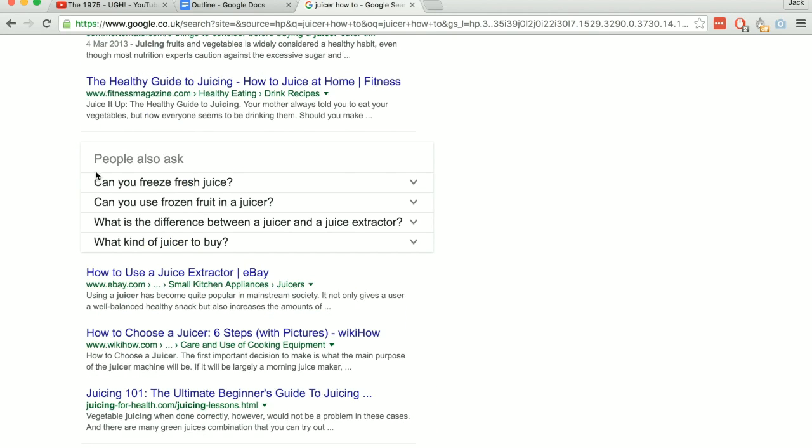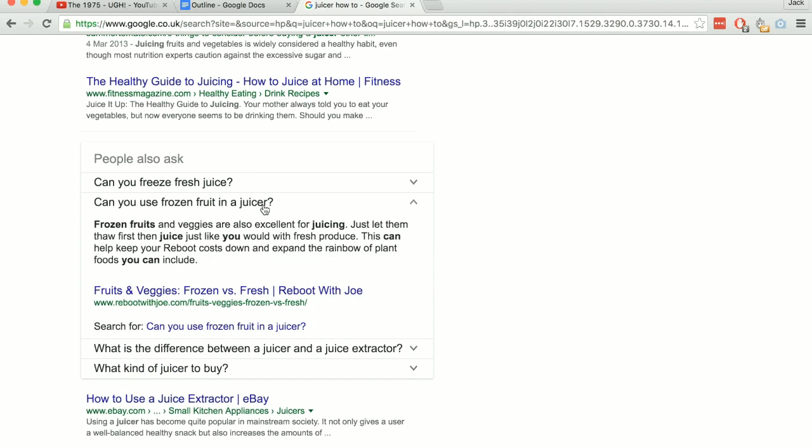And this is a Google feature which just shows a list of the questions which people have Googled. So for example, can you freeze fresh juice, or can you use frozen fruit in the juicer? So if we click one of these, it's going to give us an example of an answer which a website's given, and you could basically go into that page, do some more research into it, and then produce similar content for your own site. And this is a really great way to find keywords, because if people are actively asking questions like this, if you can provide a valid answer, then you're standing a pretty good chance of getting traffic,